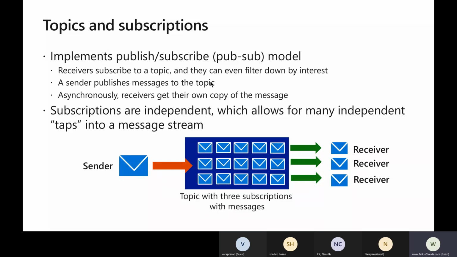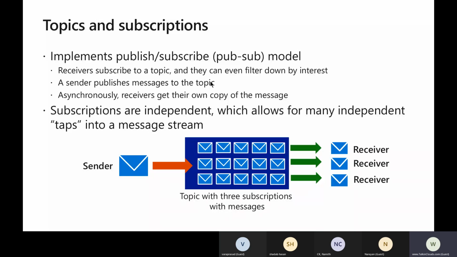Again, I told you there's a queue and a topic. So what is a topic? There will be multiple topics, as we saw in events as well. The sender puts data in the topic, and multiple subscribers can filter based on the data they need, and based on that they pick the data. The receiver will put a filter on what kind of data they need from the topic, and with multiple subscribers, you can say a one to many relationship comes in here.